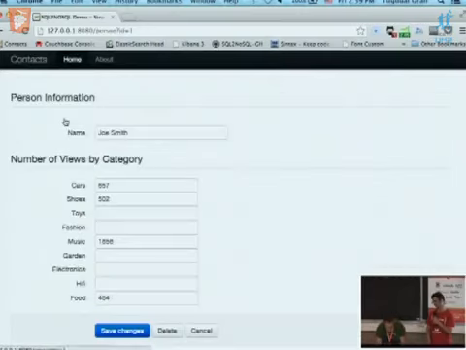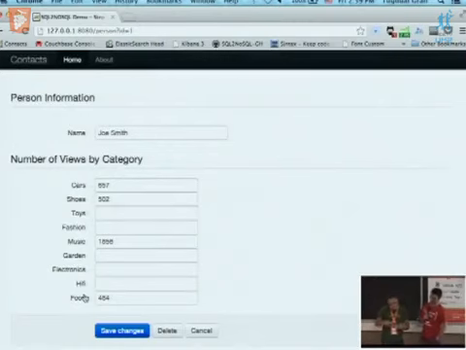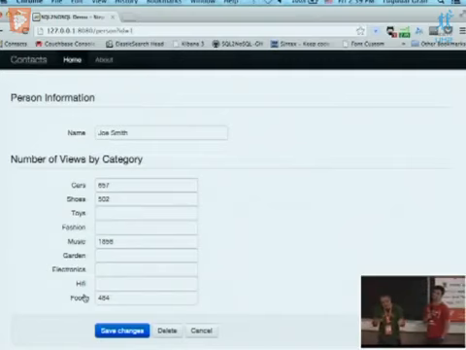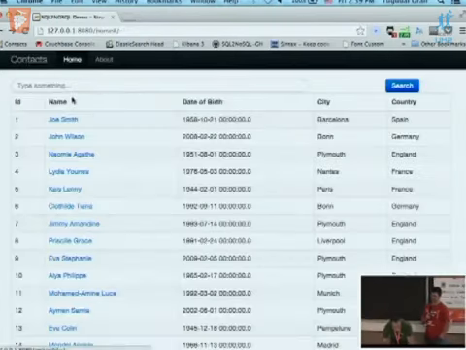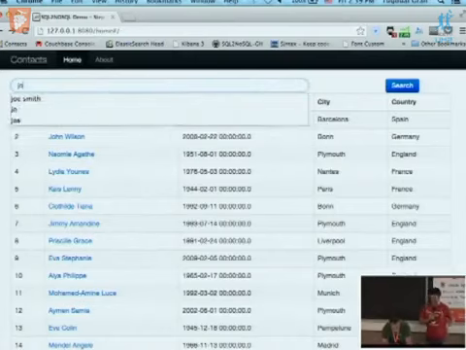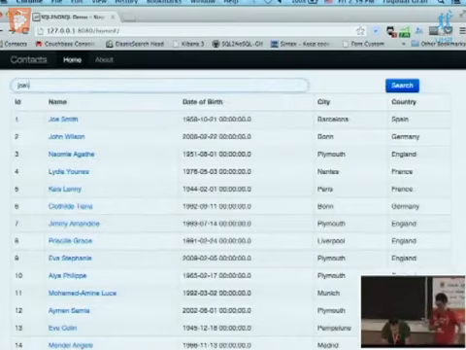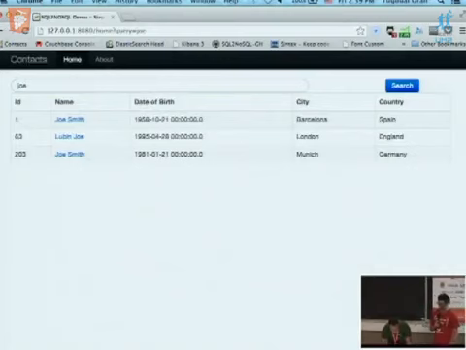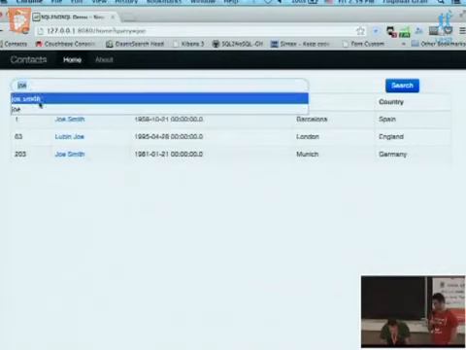Some persons have some fields. These are marketing fields. I mean, this is the number of times the user clicked on its iPhone application, for example, on cars, and what its interests are, in fact. And you see that I have a Joe Smith here. So I can search for Joe, for example. Okay, it works. I can search for Smith, maybe?